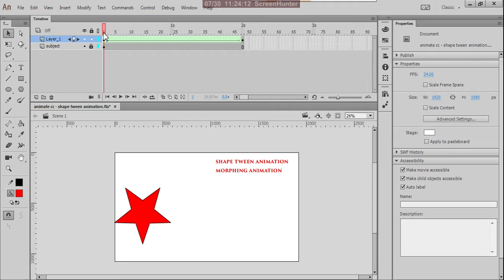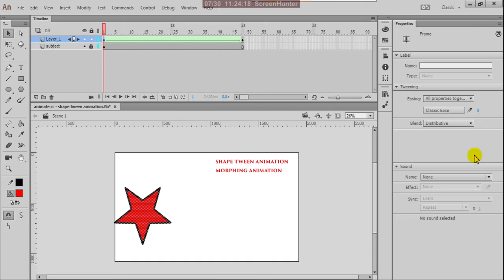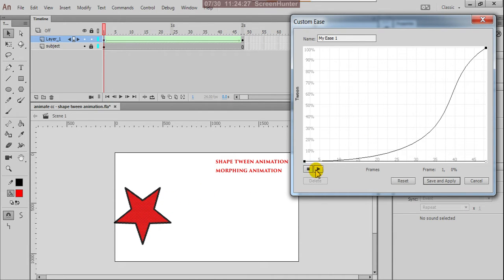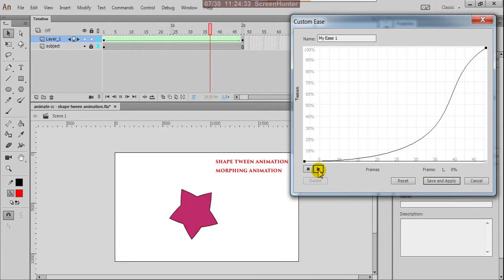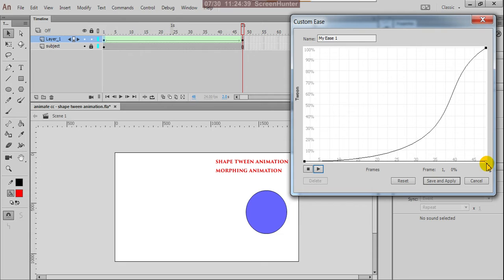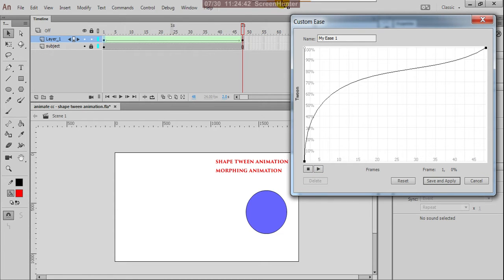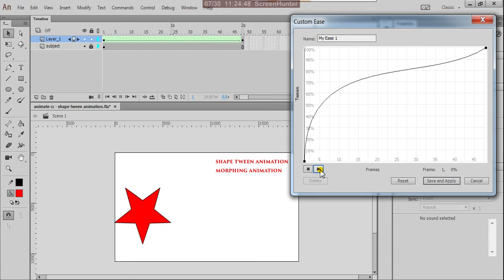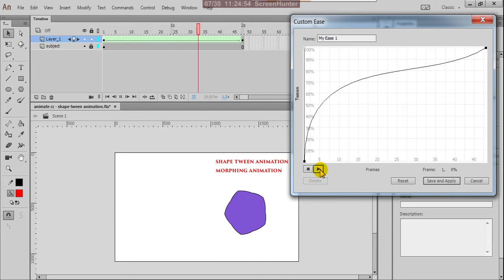Suppose, the same as your classic twin, here you have controls. You can change the speed of this. See, at the starting time it is slower and at the ending a bit faster. And now I'm changing this to upwards. Let us check. See, in the opposite, starting very fast and ending settling into very slow.